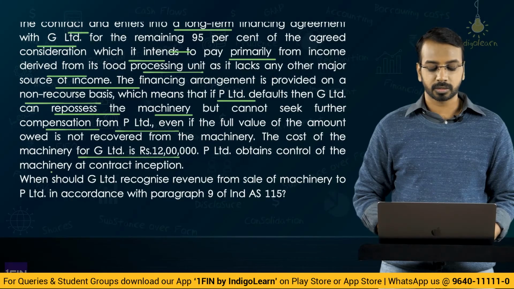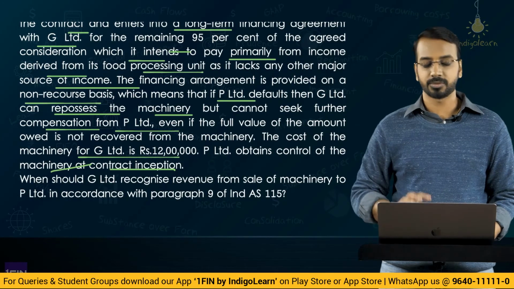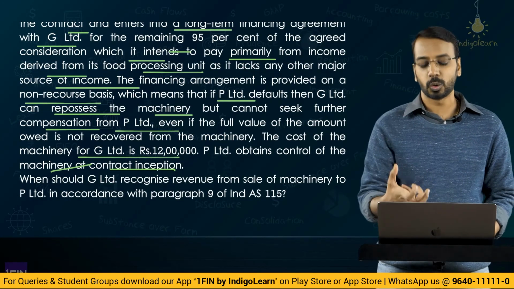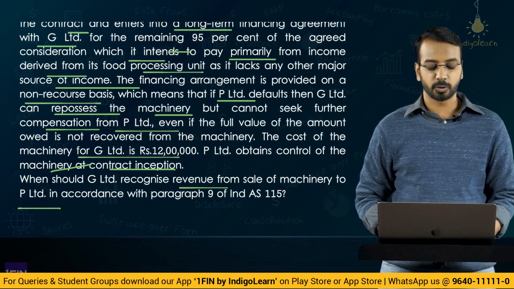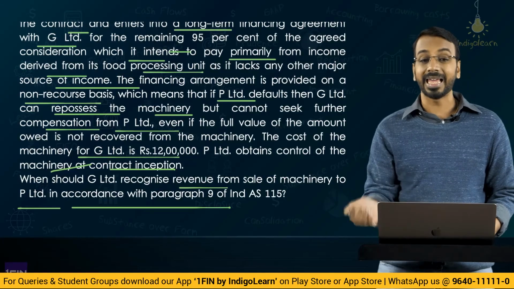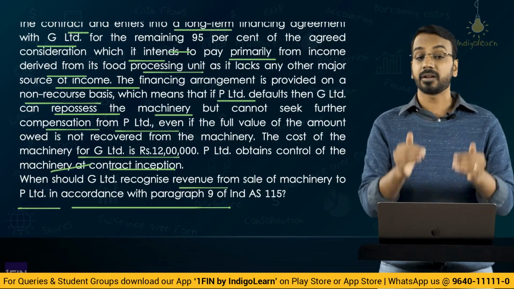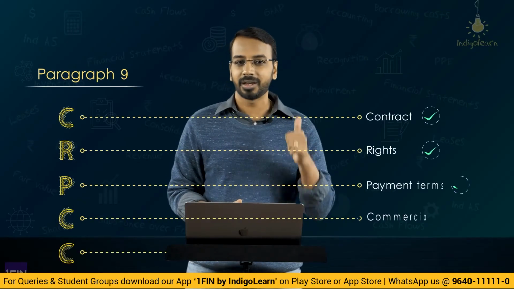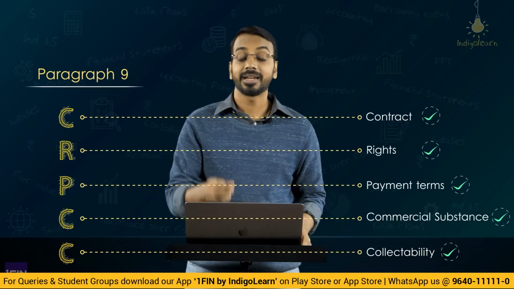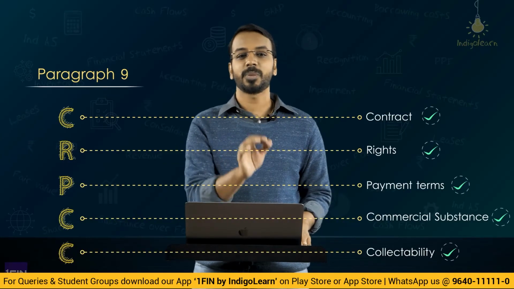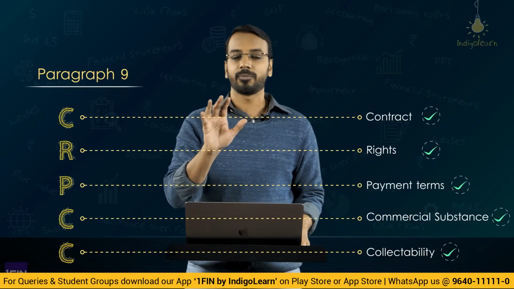P Limited obtains the control of the machinery at contract inception. So, at the inception of the contract, control is transferred to P Limited. When should G Limited recognize revenue from the sale of machinery to P Limited in accordance with paragraph 9 of Ind AS 115? So, friends, paragraph 9 of Ind AS 115 talks about the 5 criteria, and the last criteria talks about consideration. It must be probable that the entity will collect the consideration expected from the customers by providing